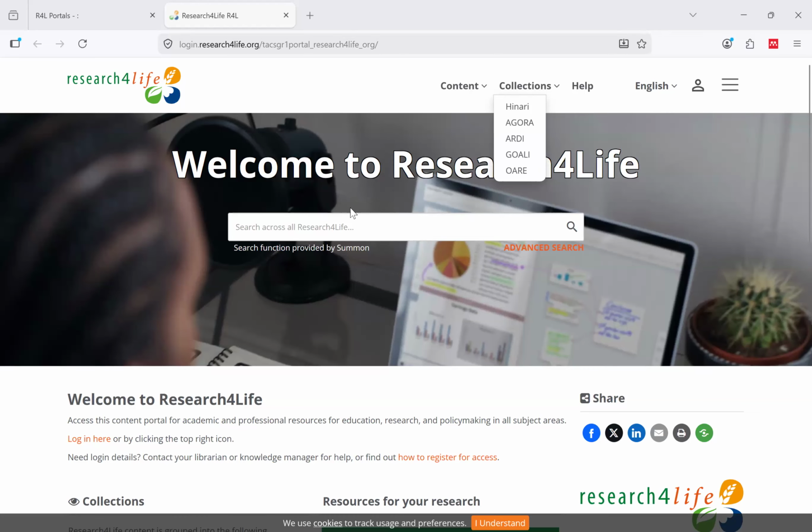But this portal is actually multidisciplinary. When I do a search here, it's going to search across the different portals, and I can use any search term from any discipline. So let us explore. I'm going to put in my search term, Internet of Things. For those doing ICT, this is a common search term. Internet of Things is a phrase term, and since it is a phrase term, I can choose to put it in double quotes. Remember when Faith mentioned the phrase search.